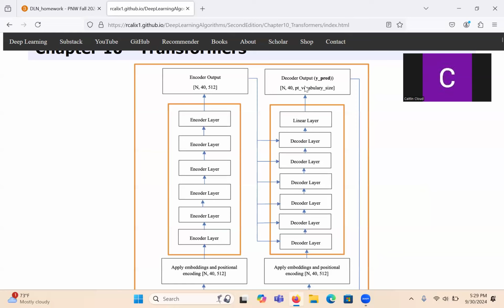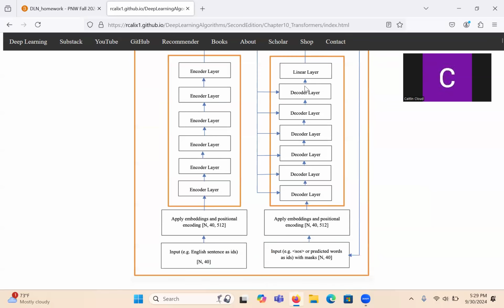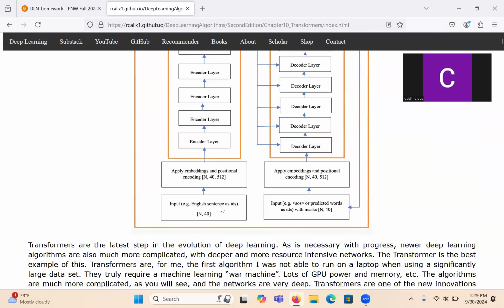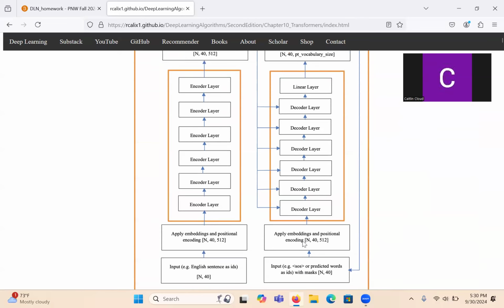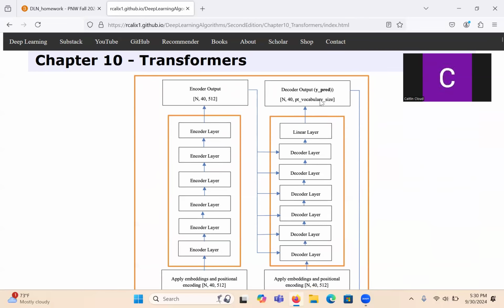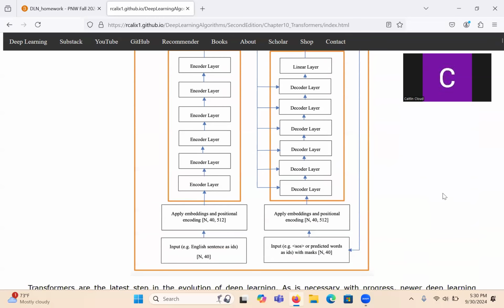So let's say that it's translating from English to Portuguese. To keep it simple right now, just think of it as English sentences go in through here, right? And then what goes in here is what has been said already of the Portuguese sentence. And then it'll produce the new Portuguese word, right? So basically that's the generative model.